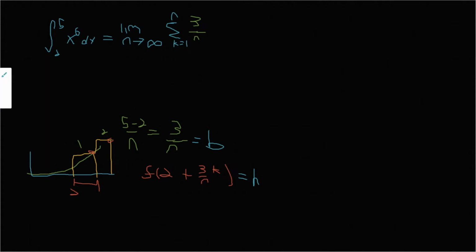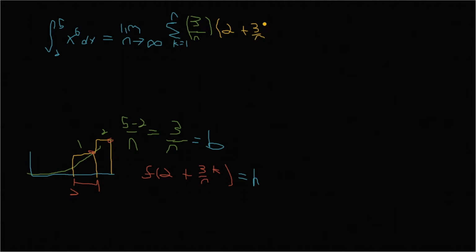We have already written our base, so I'll write this in green, and I will write the height in yellow, mustard yellow color. So we're going to say, what is f of this? Well, the function is just x to the 6th. So we're going to say 2 plus 3